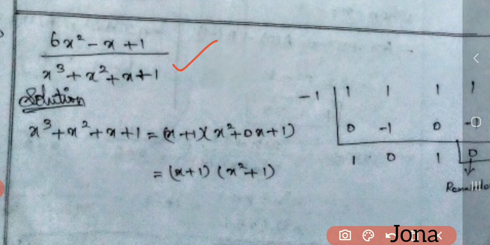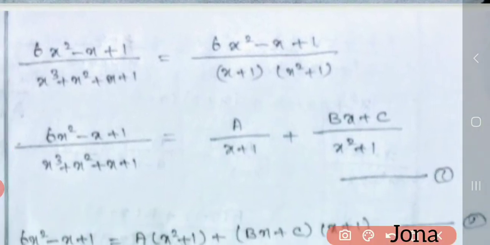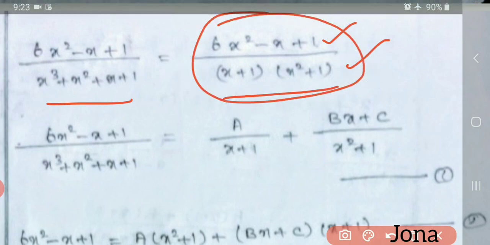If you want to find the factors for degree 3 polynomials, you have to do the synthetic division. So we learnt already in 10th standard there. So by using this synthetic division, we got the values like this: x plus 1 into x square plus 1. Okay, and now look at the denominator like this. Here I had at the numerator the same thing. Denominator, instead of this I got x plus 1 into x square plus 1. Now this is the problem for us.